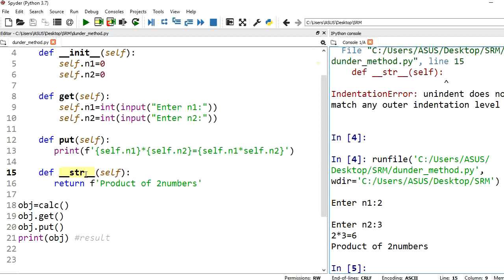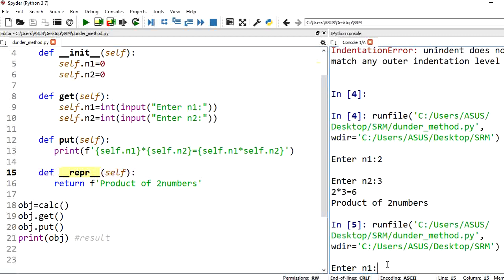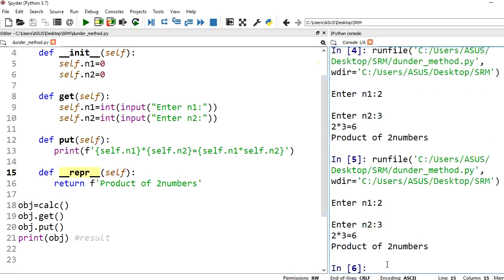The same work is done by one more dunder method, that is nothing but the repr method, R-E-P-R, repr. If I execute this, you can notice that the same thing is going to happen. There is no variation in your process. So the repr method and the double underscore str method, functionality wise, both are doing the same process. Both are used for returning a string as your output. So then what is the difference? This particular repr method is an official method and this str method.